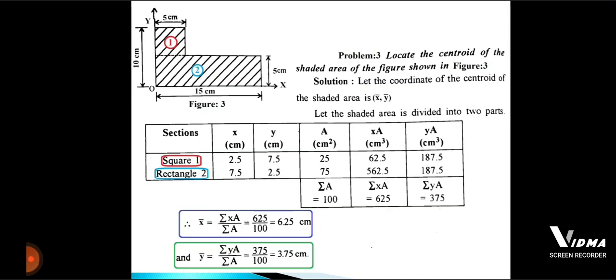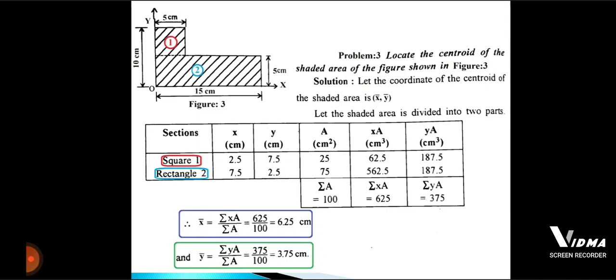So this area is divided into two segments. First of all, we have to divide the total L section into two segments, segment 1 and segment 2. That means one is the square area and the other is the rectangular area. Now here x bar and y bar both will be present in this composite section, and the dimensions are also given. Just like the previous problem, we have to prepare a chart with individual x, y, area, and as well as XA and YA.